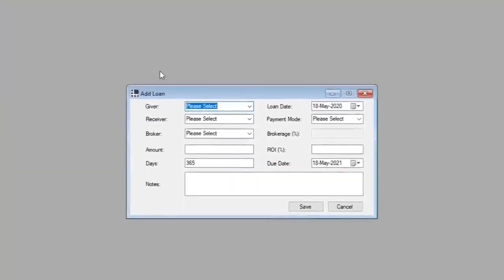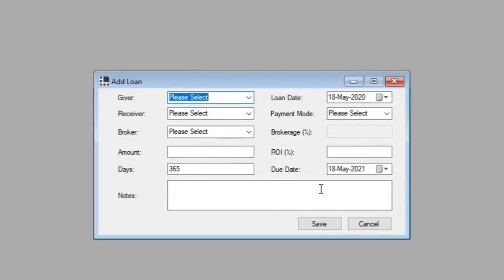This program is useful for those individuals who lend their money on simple interest basis. For loan given entry, go to loan menu and then click new in sub menu. Let's first check how many fields are mandatory. For that, click on save button. Wherever the notification icon is blinking, you can take the mouse cursor there to check the message.